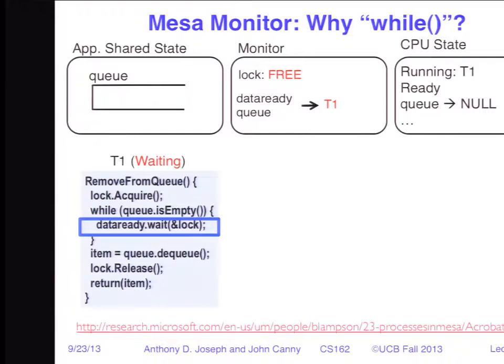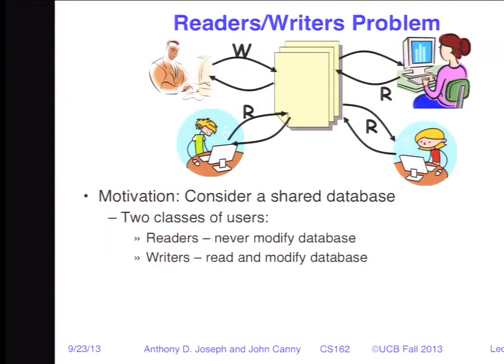Okay, so let's look at an example of using a monitor. So we're going to have a shared database, and we have two types of users that want to access this database. One type of user is a reader. Readers, as the name implies, never modify the database. The only thing they're ever going to do is read things that are in the database. We also have writers, and writers are both going to read the database and they're going to modify the contents